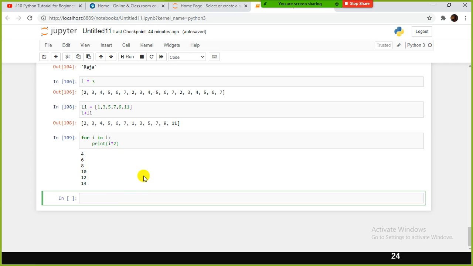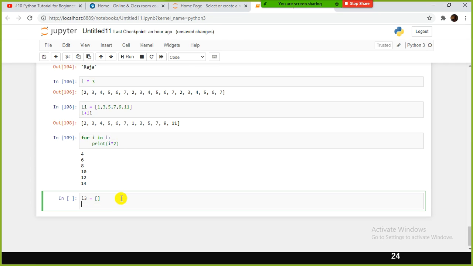Supposing I wanted to multiply each and every element by 2 and store it in another list. How can I do that? Let's say I have a list called L3. So I need to initialize L3 with a blank square bracket. Let's check what this L3 is all about.